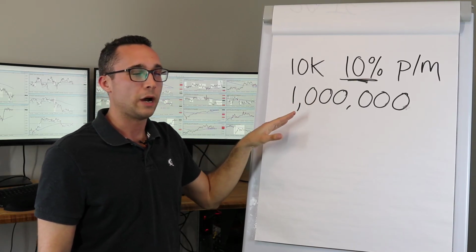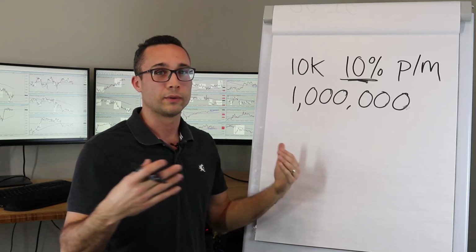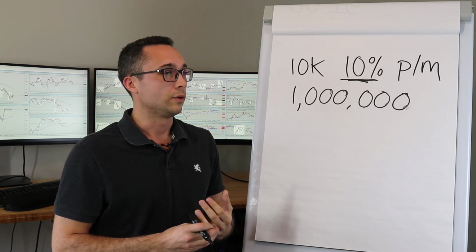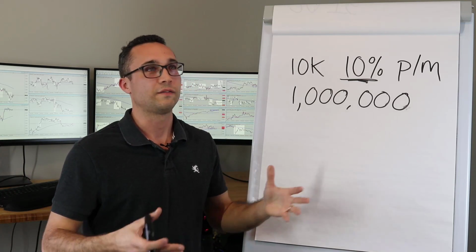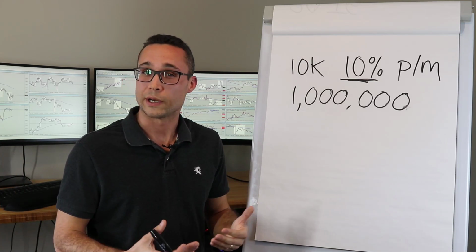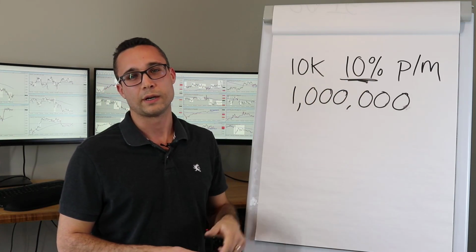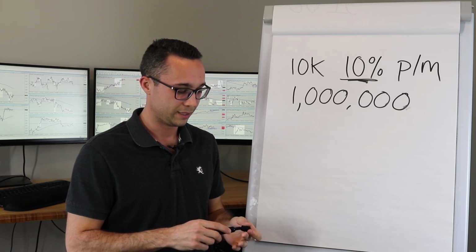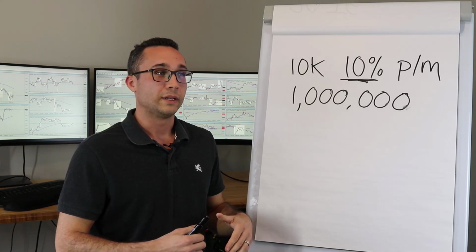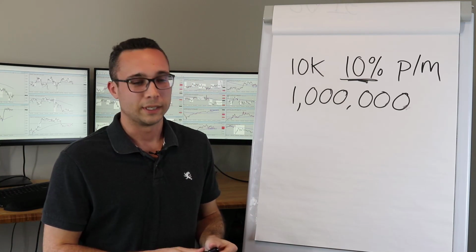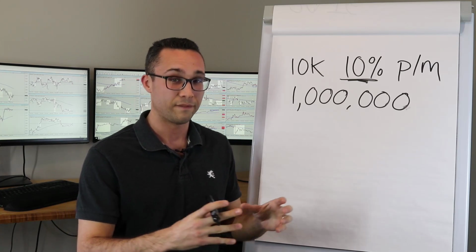I bring this point out because you don't need to be risking 5% per trade. You don't need to be risking 10% per trade. You also don't need to be taking 20 trades, 50 trades, 100 trades in a month, as a lot of traders do. You just don't need it. These numbers illustrate it very clearly: 10K compounded at 10% a month grows extremely fast. It grows very rapidly. So once you're at the point where you have some success, you have that foundation built,